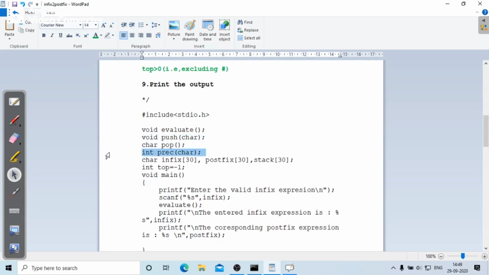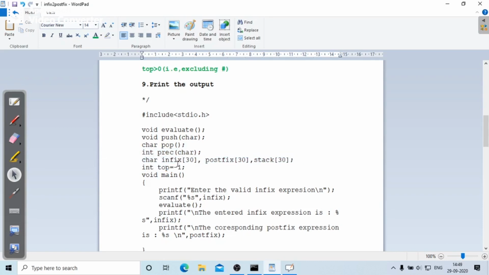After that, the precedence function. It is very necessary to define the precedence of each operator that we are using in the expression, so based on the precedence of the operators, the expression is processed. Then we have infix of 30, postfix of 30 and stack.